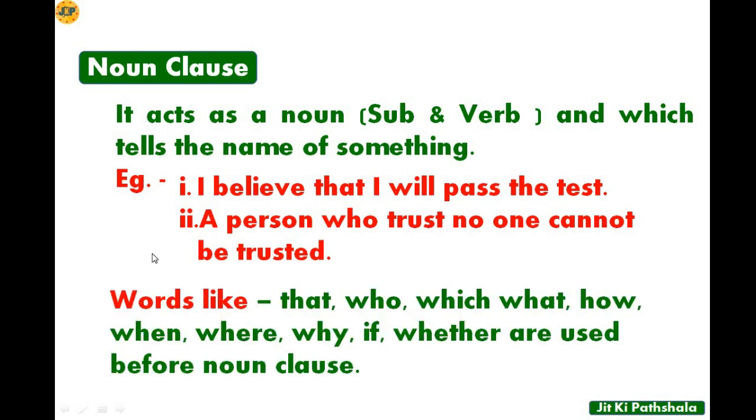So we can see here words like that, who, which, what, how, when, where, why, if, whether are used before a noun clause. So these are the words that are used before a noun clause. Now let's see the next clause, and that is